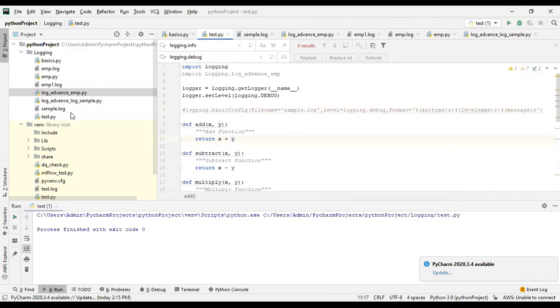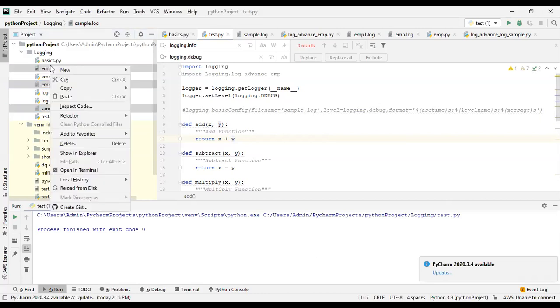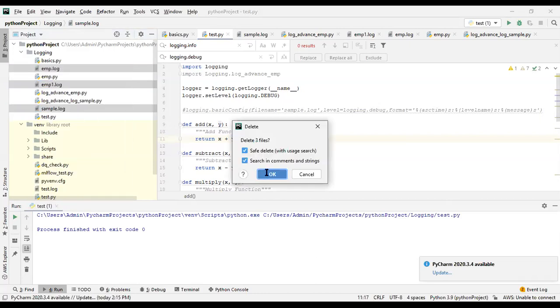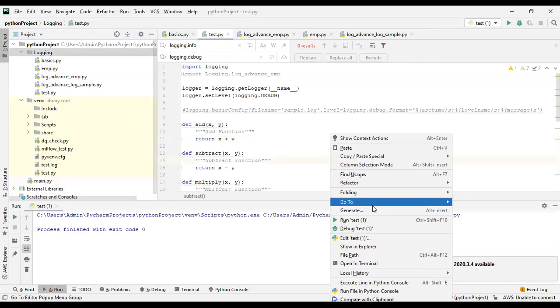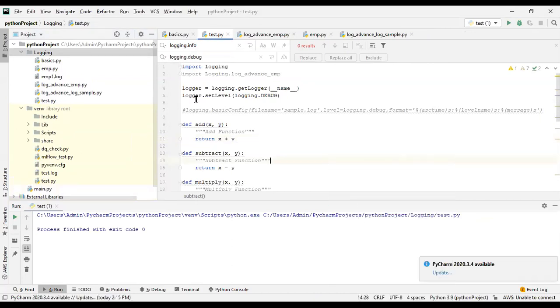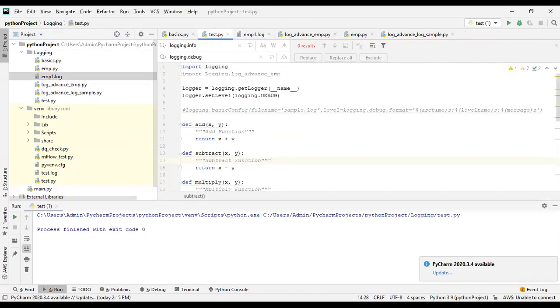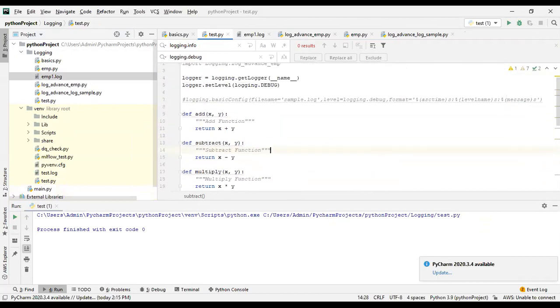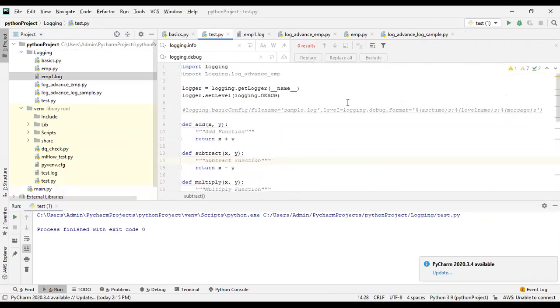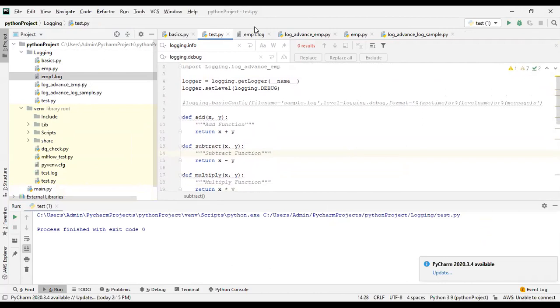Now, let me delete all the files so that you will get some clarity. If you execute this, it is creating employee one with the debug information, but still I didn't get any information. Why? Because it should log, right, the information into employee one.